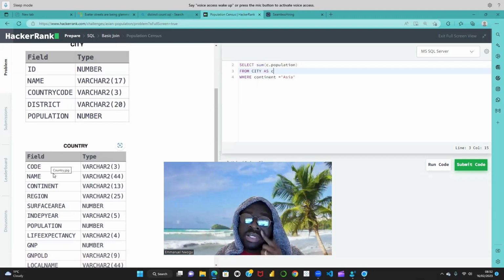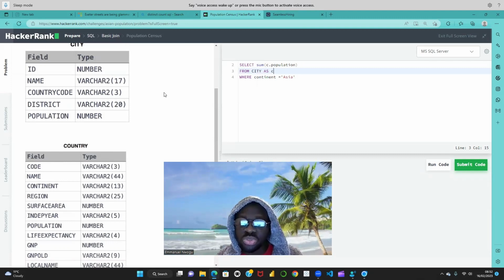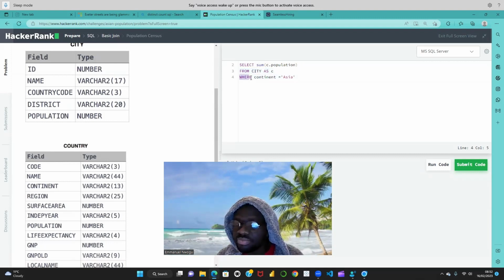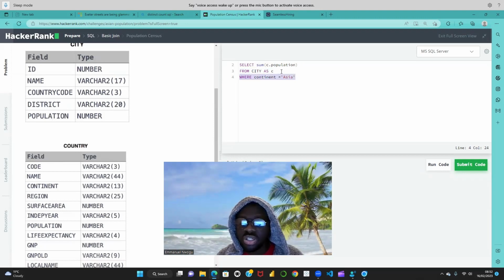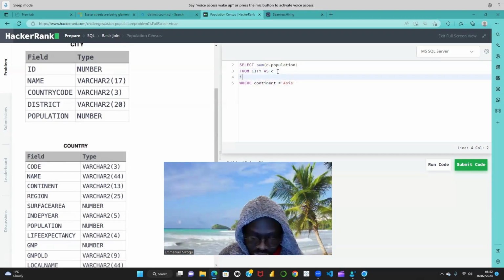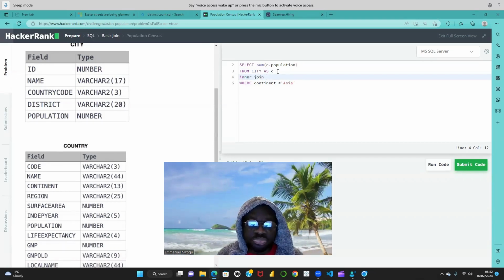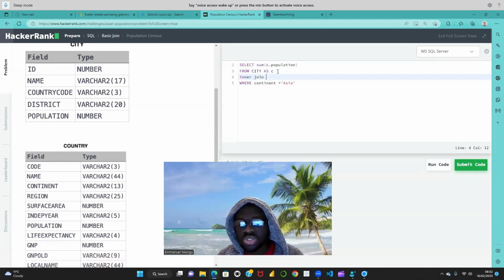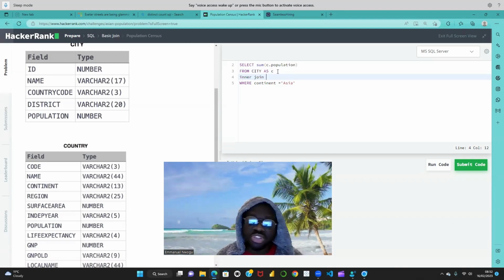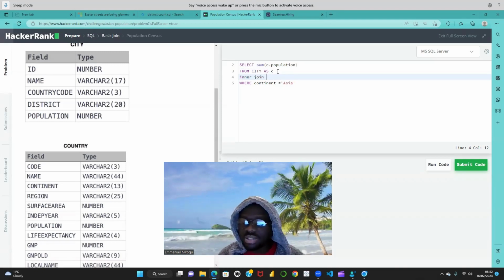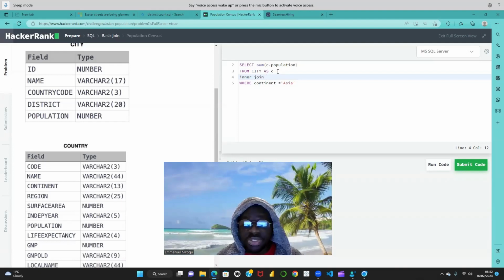We can create conditions, which is what this is. It's a conditional clause where continent equals Asia. So what we're going to do, let's join. Usually I just do inner join because I find that inner join just works most times. There are other forms of join: outer join, full join, left join, right join. Most times I find that inner join just does the trick. So let's write inner join